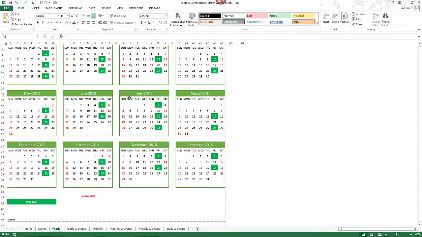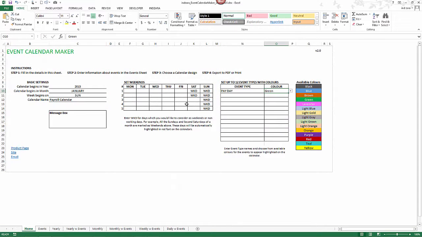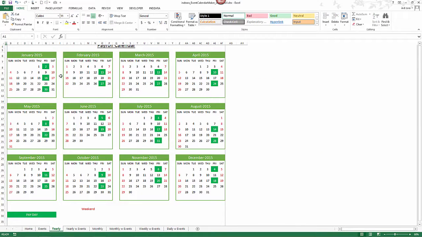That's all done. And the other thing you will notice is that the weekends are shown in red font. The way we have set it up, all the Sundays should be weekends, and for Saturdays, the first and the second Saturday of every month should be weekends, but then the other Saturdays are working days. And that can be easily controlled if you go and change it and say third Saturday should also be a weekend, and now come back to the calendar. Now all the 3 Saturdays are colored in red font. So that's very, very simple.